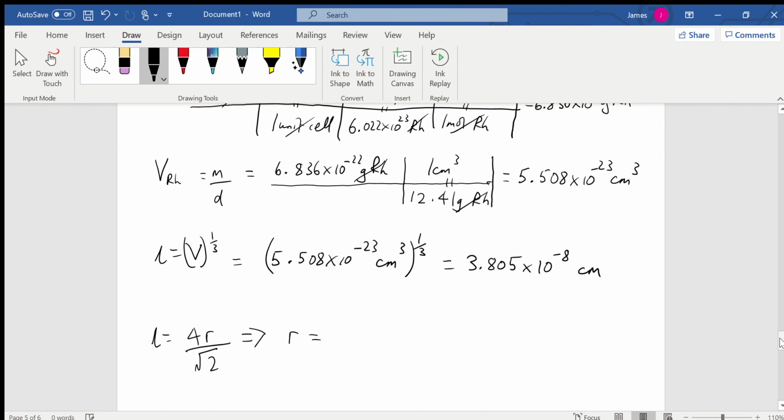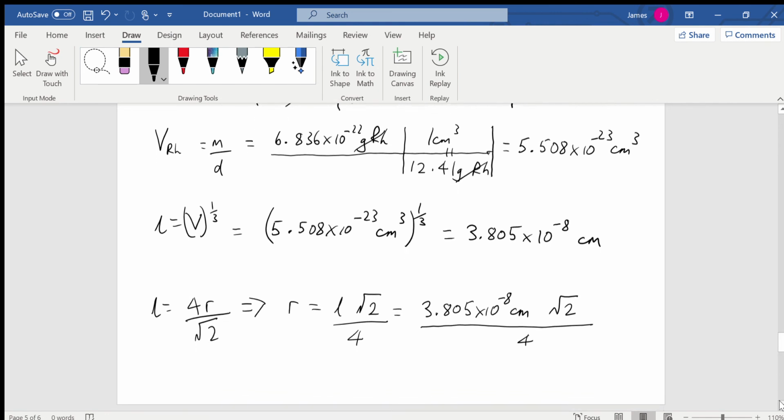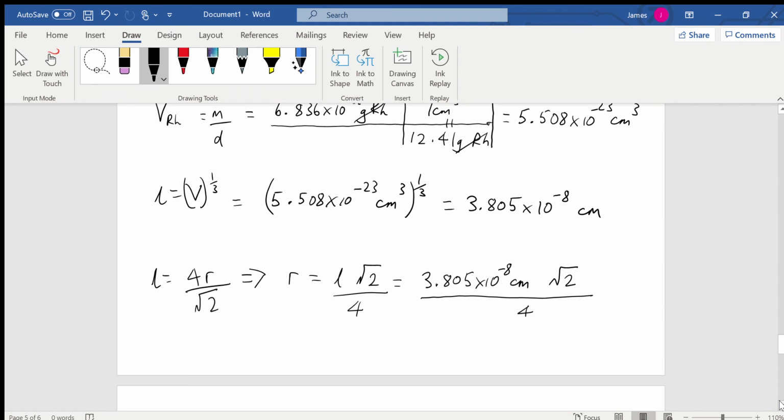So the radius we said was the length root 2 over 4, which is 3.805 by 10 to the negative 8 centimeter, multiplied by the number root 2 divided by the number 4. Alright, so that should finally give us radius is 1.345 by 10 to the negative 8 centimeter,